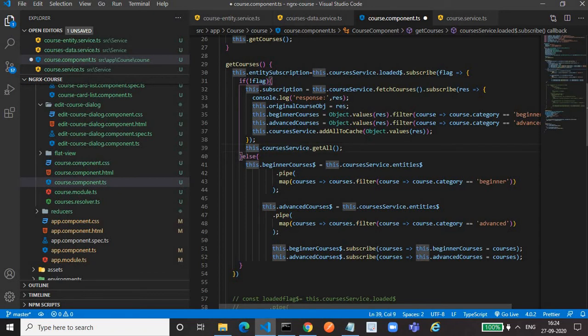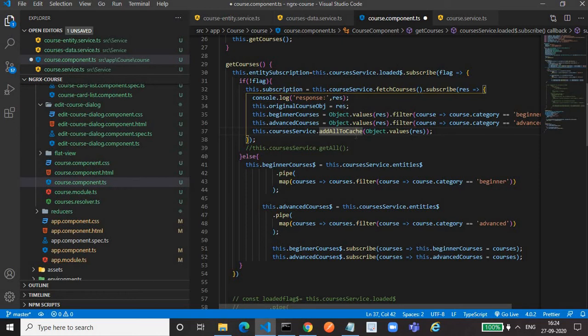Once we call our own API and get the data from the database, we add the data to the cache by using add all to cache, because the main purpose is to store the data in the store, so that we avoid repeated API calls when we navigate back to the same page from other screens. So it is a better approach, I believe. That's why I am following this approach.